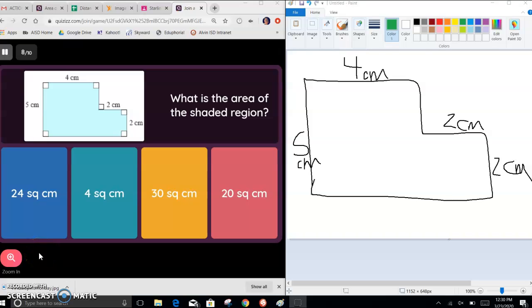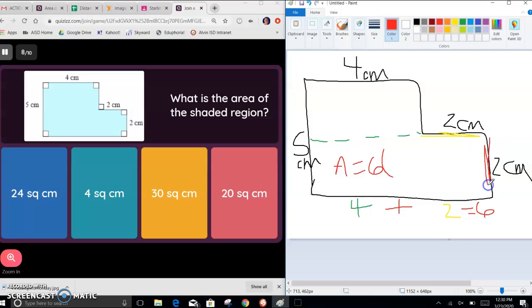On to the last two questions here. I'm going to take this shape and split it into two rectangles along here. So this little green piece I have here is 4, and then if I extend the green piece to a yellow piece right here, then this is 2, and with those two numbers I will add them and I will get 6. So 4 plus 2 is 6, so this is 6